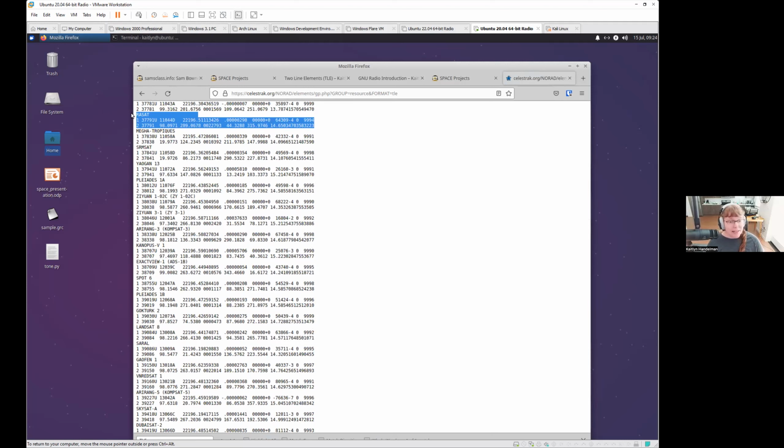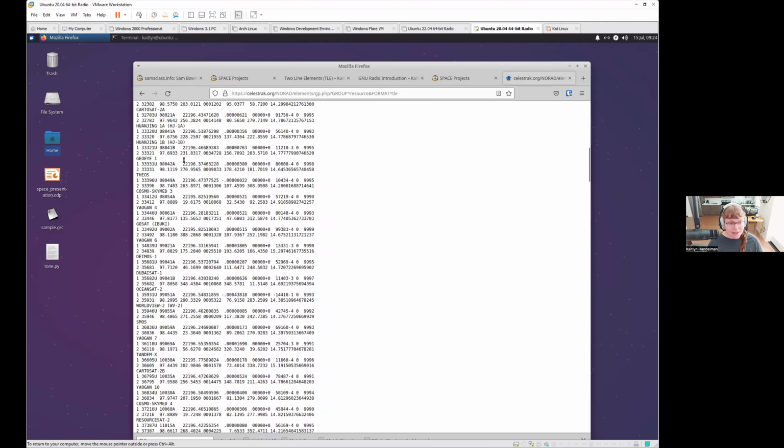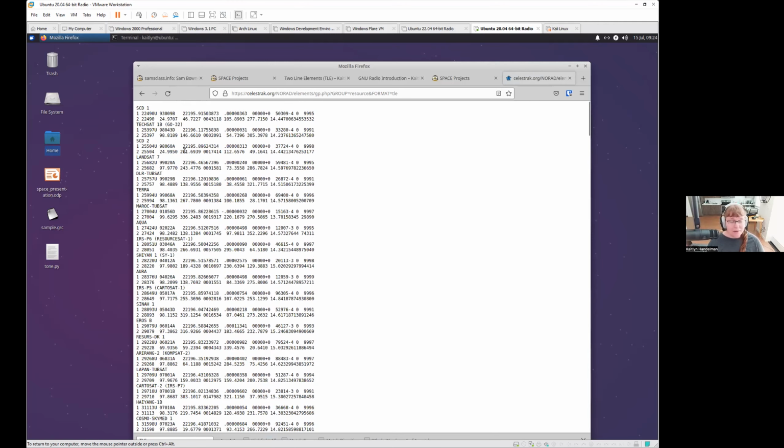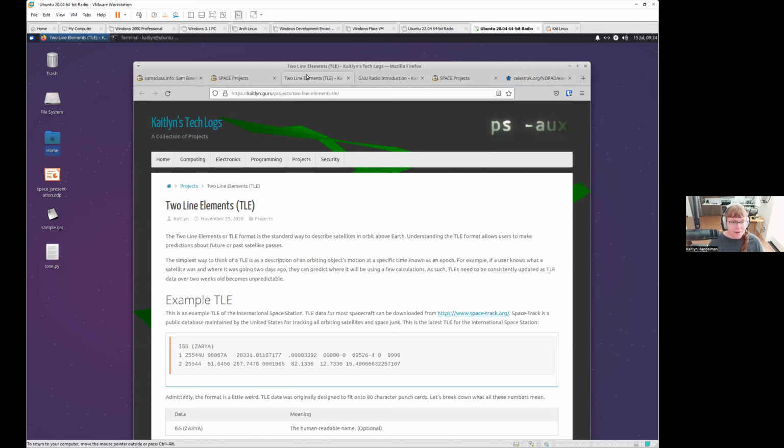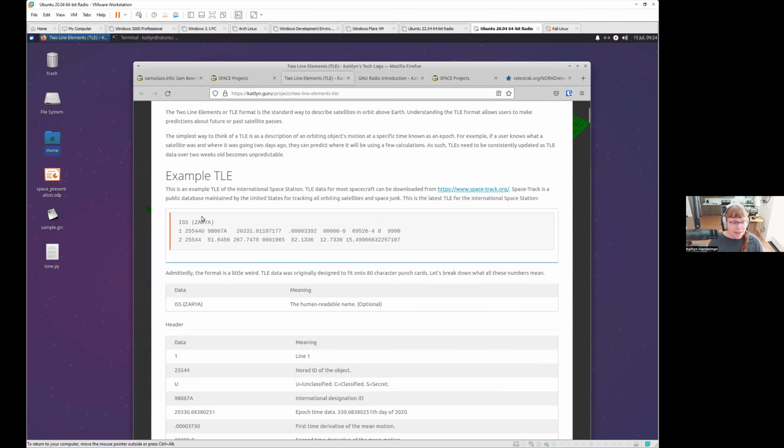So all this data, you need to download the most recent data. All this data is good for two weeks max, at which point random fluctuations make the data unusable anymore. There are lots of things affecting spacecraft orbits, and it just has to be constantly updated. So if we go back to two-line elements here, I have an example of the two-line element from the ISS,